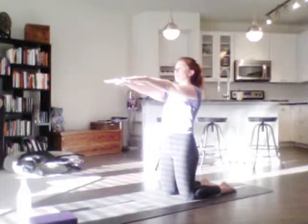Inhale, come back to center. Last one, chin parallel to the mat. Inhale, lift. Exhale, lean back. Tailbone reaches down, navel hugs to spine, fingertips reach forward. Inhale, come back. Hands come to heart center, or if you'd like to use your hands to help you step